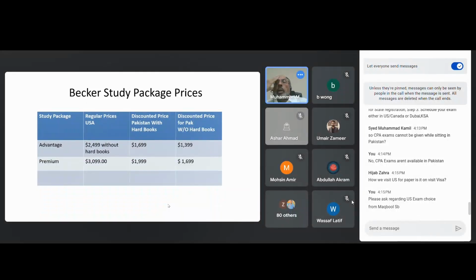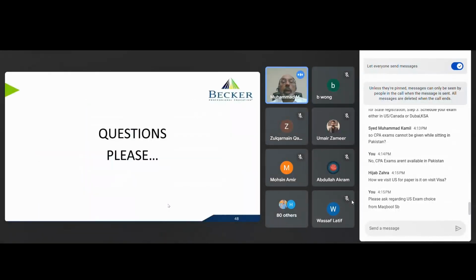Without the hard book, you have nearly a $1,700 reduction. So this is the price of the package for a Pakistan citizen or Pakistan long-term resident, you can call it, for all four subjects. Okay, so then